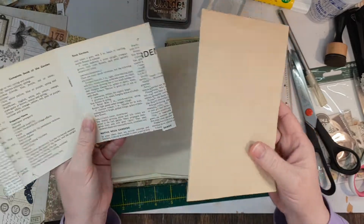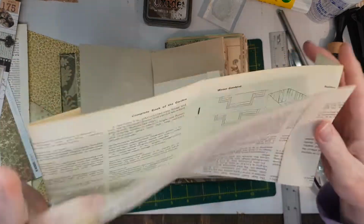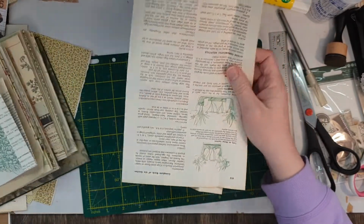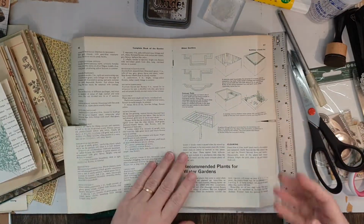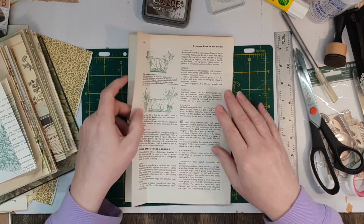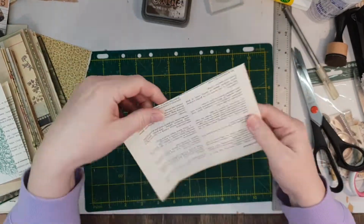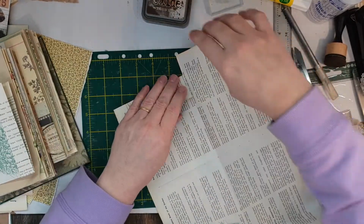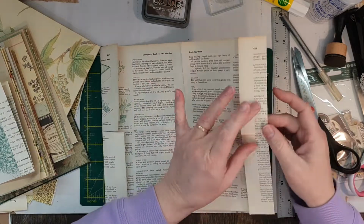I think it was a gnome journal, I used these inserts, which it was this size, just a book. So what you do is you just get a normal book page. This is what I'll show you to do. So just a normal book page when you rip open a book, and then it's got the sleeve. This is how you can utilise all the innards of your books that you've got. And so I folded it in half, and then you fold it in half that way, and so you've got yourself a fold. And then I find slitting it, you fold this over. I think it was about 1.5 inches that I folded it over,